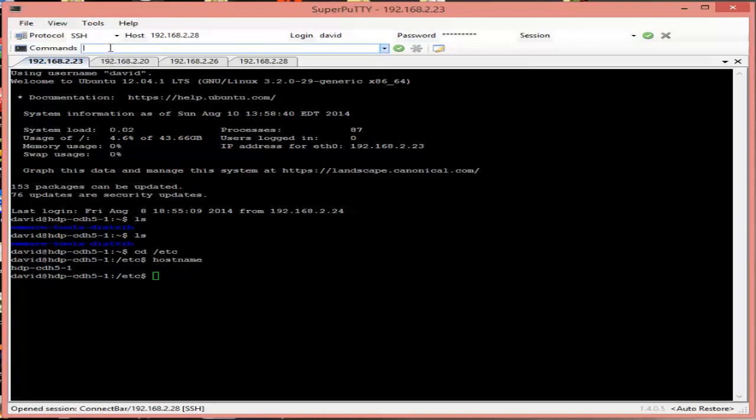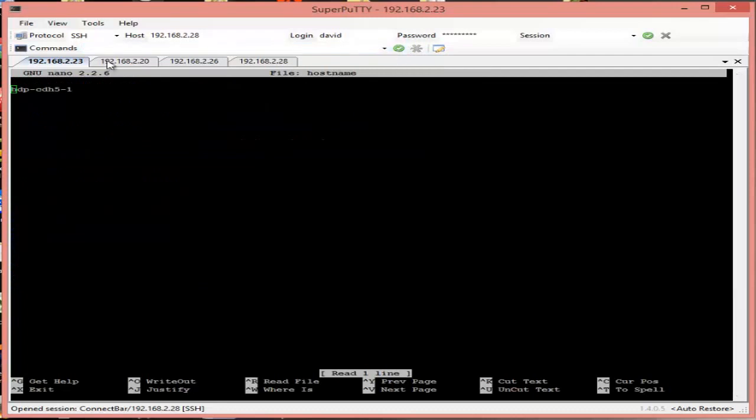But I can take a command to open the file: sudo nano and the hostname file. I'm going to open that file on all the systems, and if you see this password, it doesn't matter, it's changing all the time. Okay, it's open on all the sessions, and now I have to change it individually because they're all individual machines. My system with IP address 23 is going to be my master